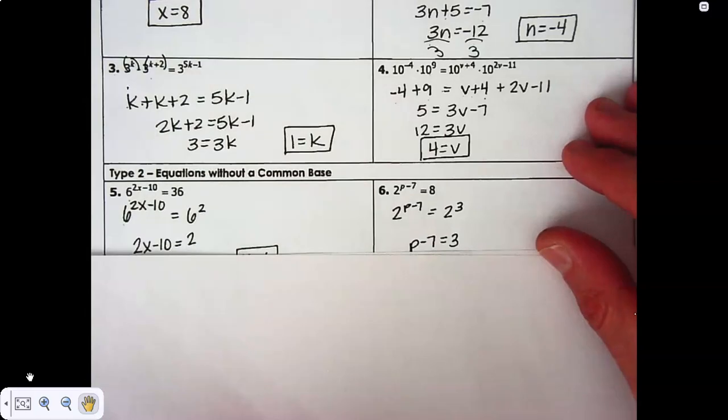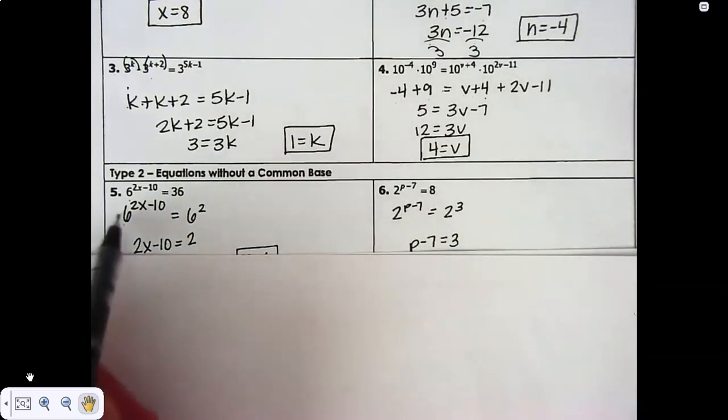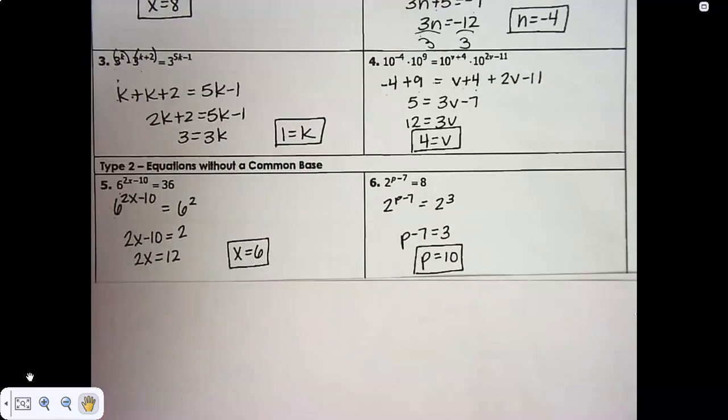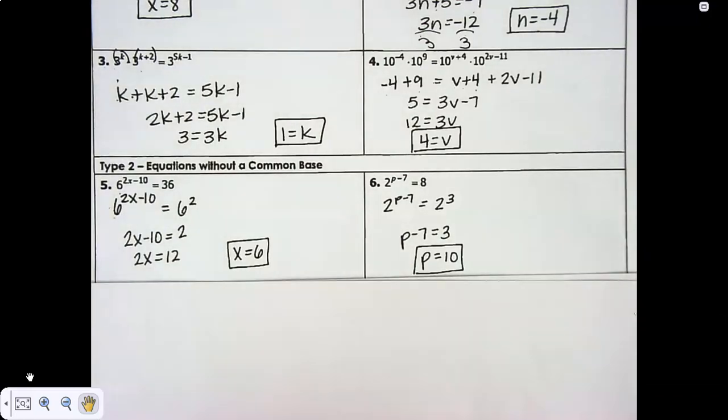out the exponent. So in this case, once I have a common base of 6, then I can just go ahead and solve the equation 2x minus 10 equals 2. You would add 10 to both sides, so you get 2x equals 12. You divide both sides by 2, and you get x equals 6. Not too bad. Just because it was a little different, required a little extra step in thinking, but it wasn't